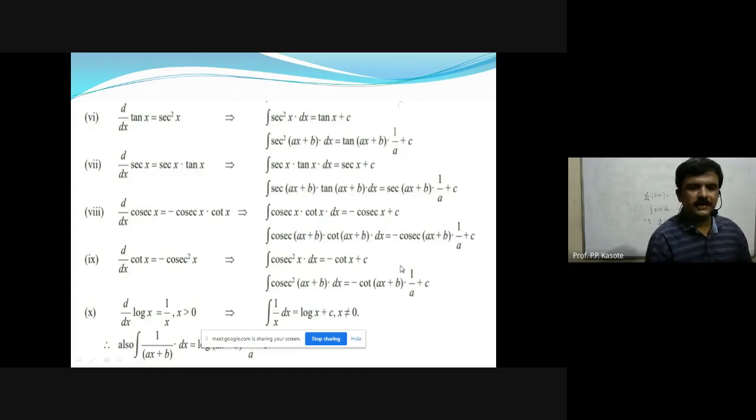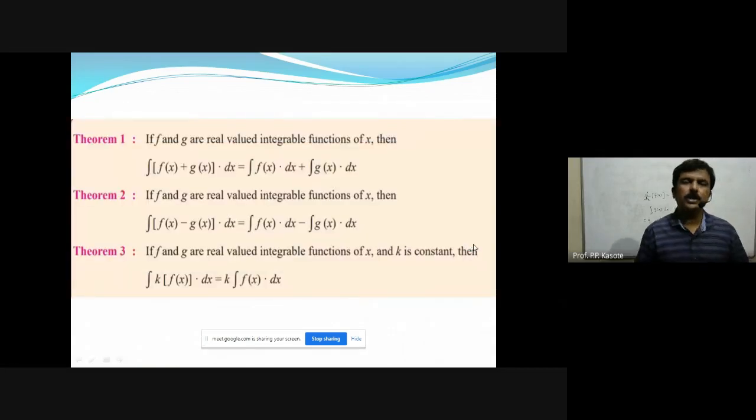So can you observe that almost all the formulae, almost all the 10 results, are derived using the simple formulae of derivatives with the help of the definition of integration. Now, do you remember that while evaluating the limit, we used to follow some rules? Suppose there is addition or subtraction or multiplication or division of separate functions. While evaluating the limit, we used to take their limits separately.